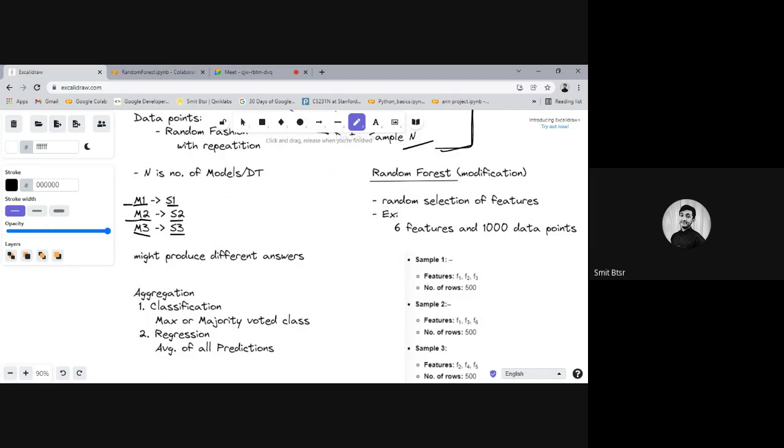Let's go through another intuition and consider an example where we have six features. We have the user's age, the user's gender, the user's salary, likewise. So we have a total of six features and we have data of 1,000 users.